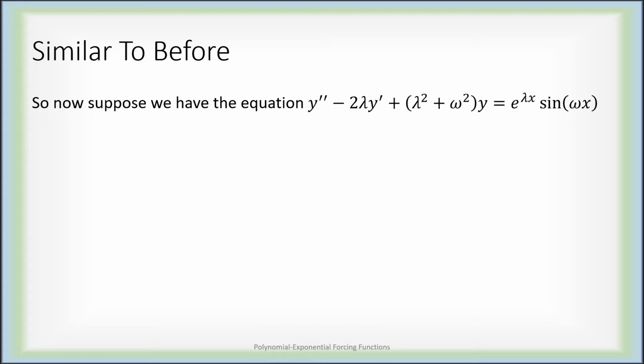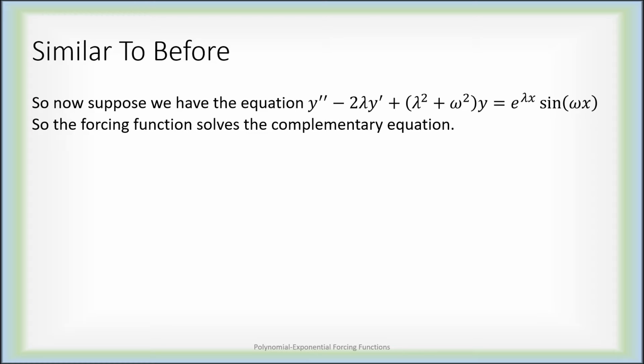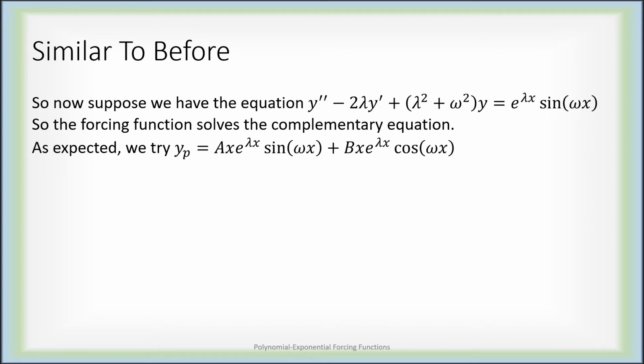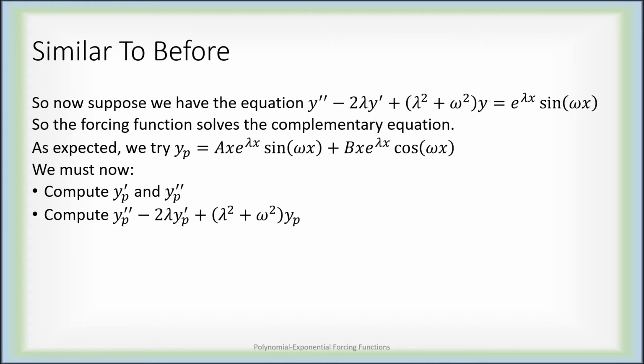At this point, we're going to do a bunch of work that's similar to things we've done before. We have a differential equation with a proposed forcing function, but of a very, very specific form. The form actually guarantees that the forcing function we want to produce solves the complementary equation. So what do we do? We take what we would have done, exponential sine and exponential cosine, but we multiply an extra x across. Then what we're going to have to do is compute yp prime, yp double prime, throw them into